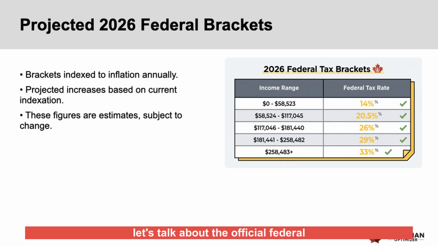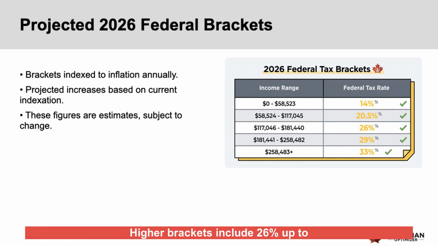Now, let's talk about the official federal tax brackets for 2026. These have been indexed by 2% to account for inflation. The lowest federal bracket, taxed at 14% for 2026, applies to every dollar you earn up to $58,523. The next bracket, at 20.5%, applies to income between that figure and